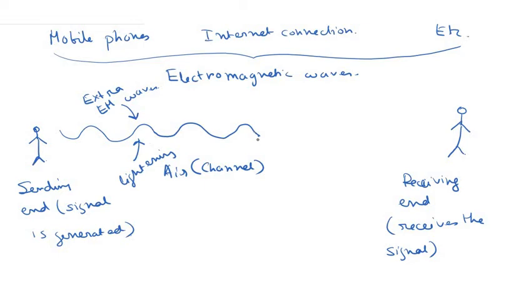So the longer the signal travels, this signal would actually get interfered by extra electromagnetic waves, and it would actually become noisy. So whenever the sending end is actually dispersing the signal to the air, he is actually sending a clean signal. However, when the signal is propagating through the air, the signal gets interfered by stray electromagnetic waves, and some unwanted electromagnetic waves become added up to the signal, and it becomes noisy. It is not so clean as before. So this unwanted electromagnetic signal that gets attached to your clean signal is called noise.